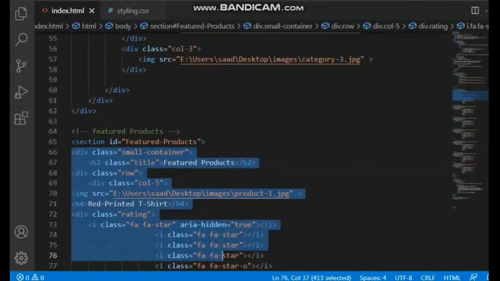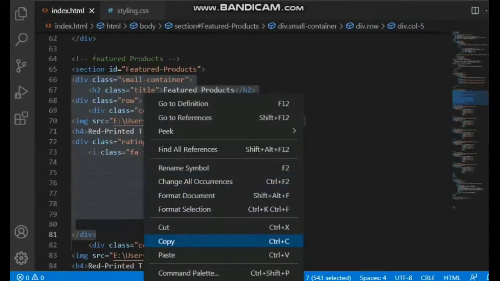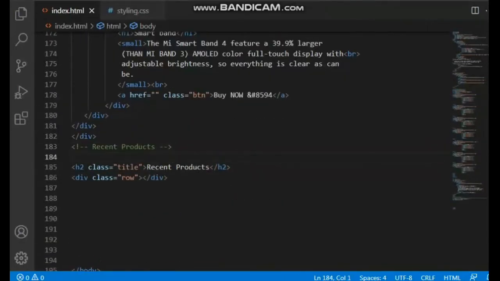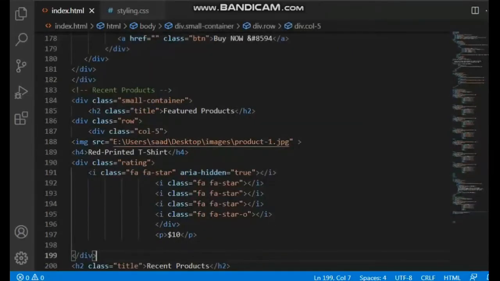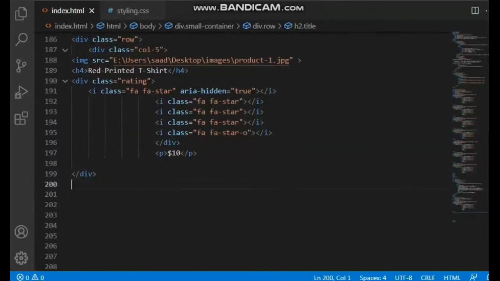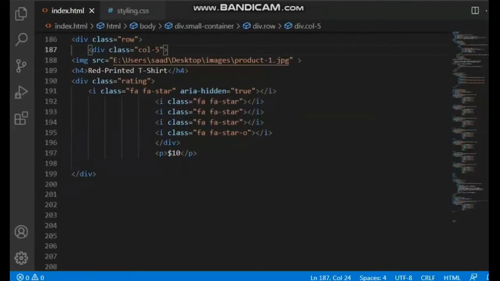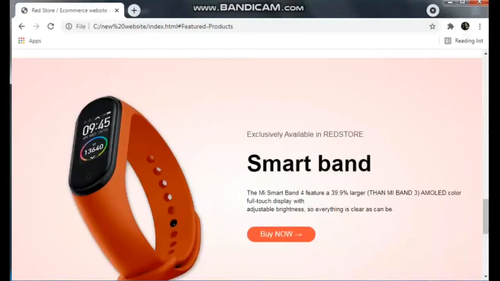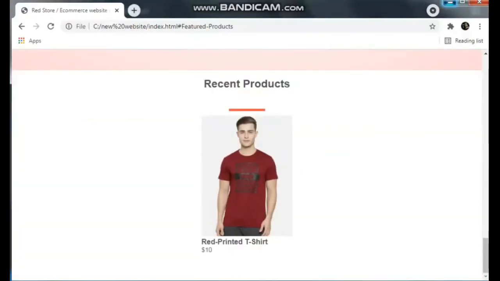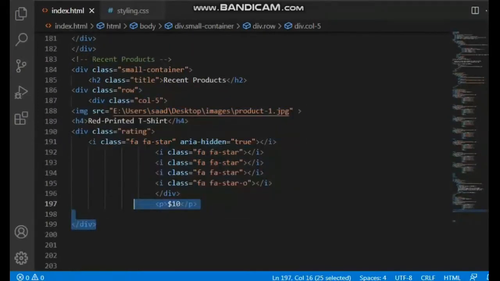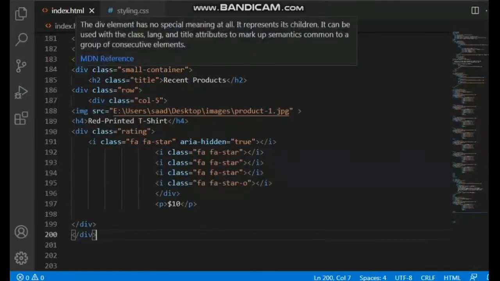Now here we will copy the featured products section, and you can paste it here because that is the same. We just have to change the title to recent products. Now here one more thing, one more product in recent products, and you can copy this as many times as you want.